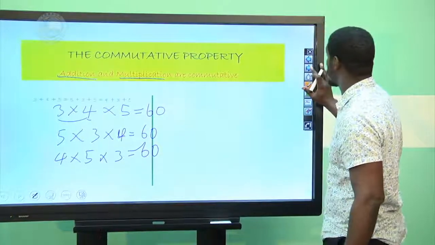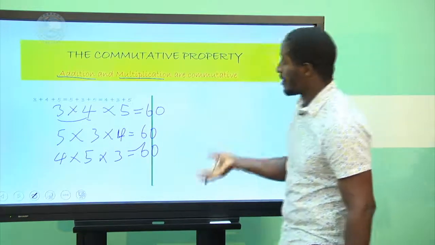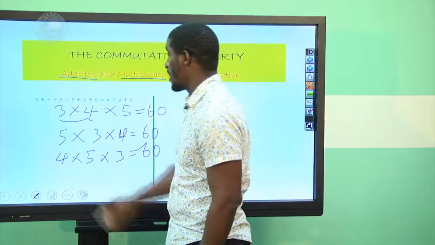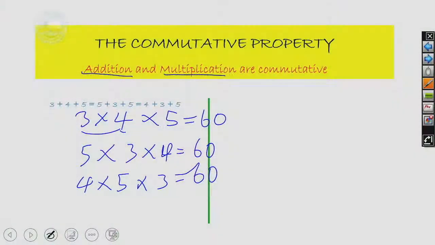That's the commutative property. So here for addition is the same for addition. 3 plus 4 plus 5. 3 plus 4 is 7. 7 plus 5 is 12. This here is going to give me 12. What about this one? 5 plus